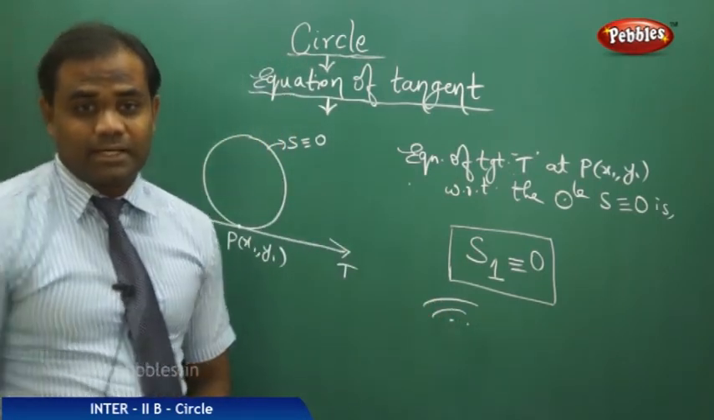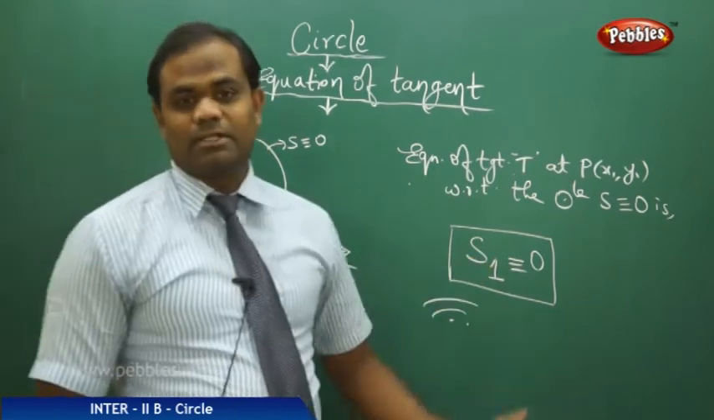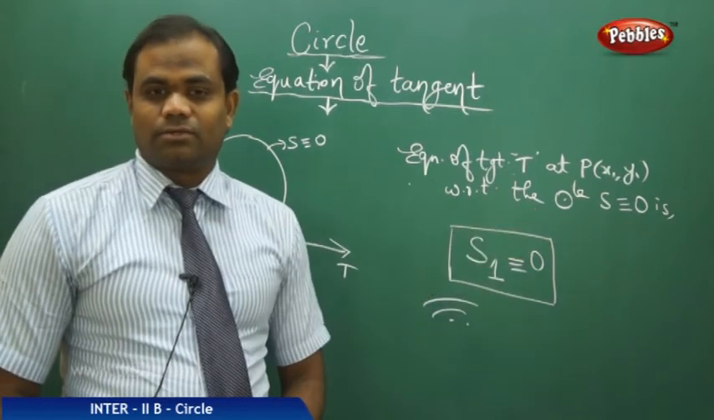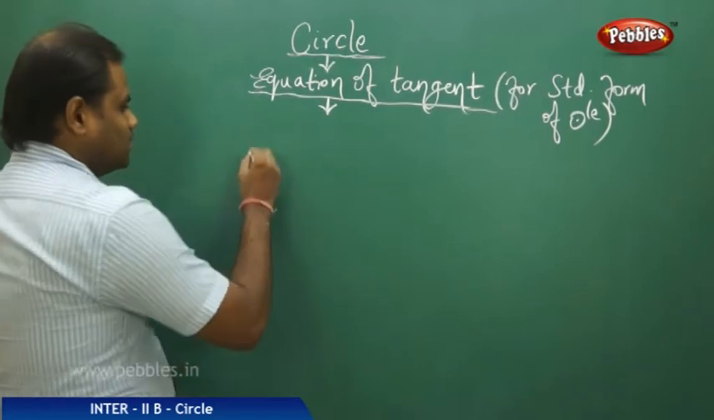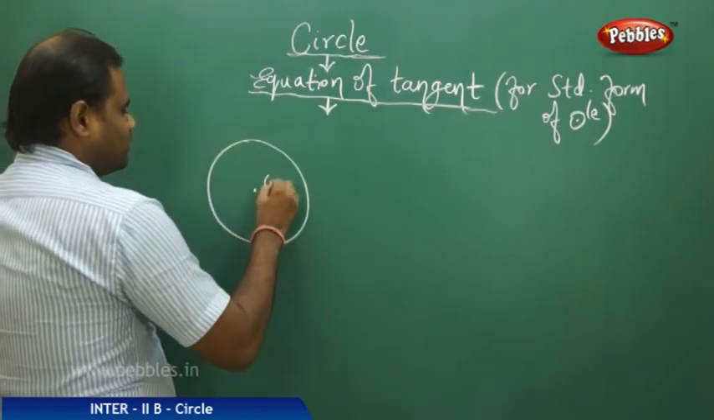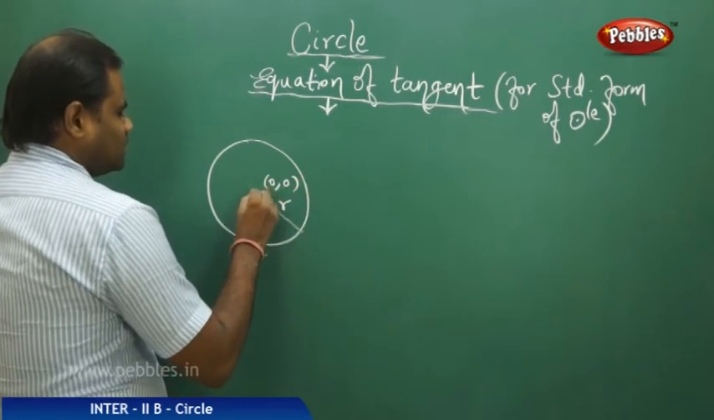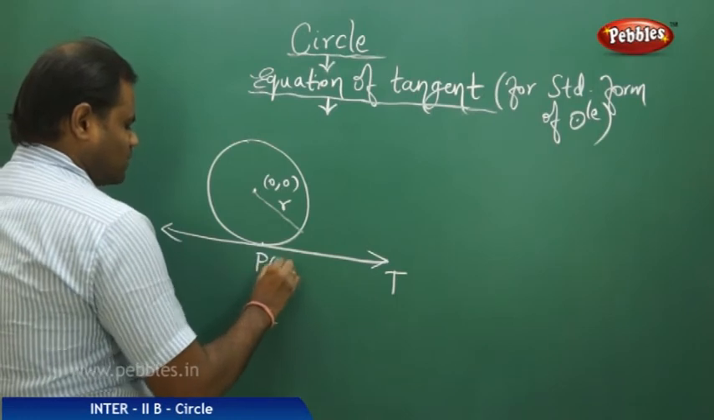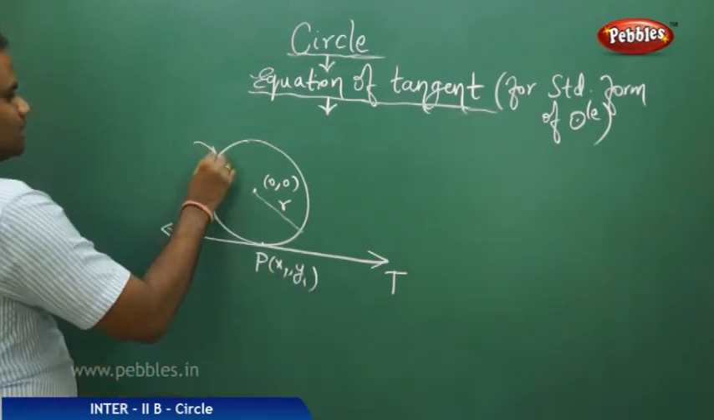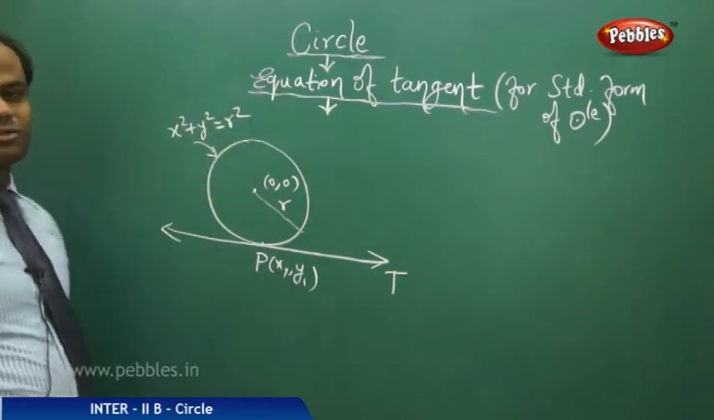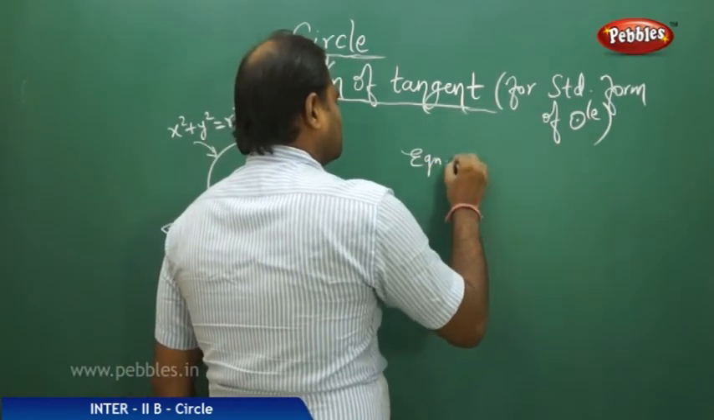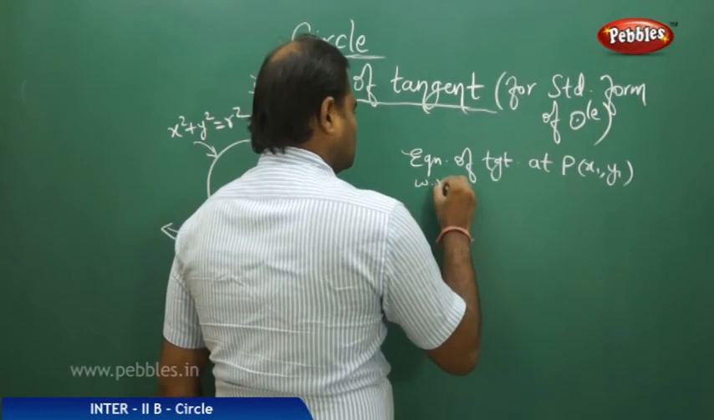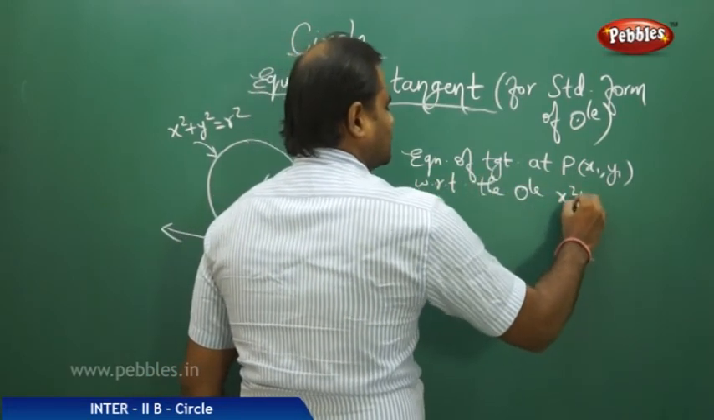We know that S1 is xx1 plus yy1 plus g times x plus x1 plus f times y plus y1 plus c equal to 0, which is the equation of tangent for a circle S equal to 0. So if I have a standard form of circle, say a circle with center as origin and radius as r, then the equation of tangent at P x1 y1 for the standard circle x square plus y square equal to r square is given by